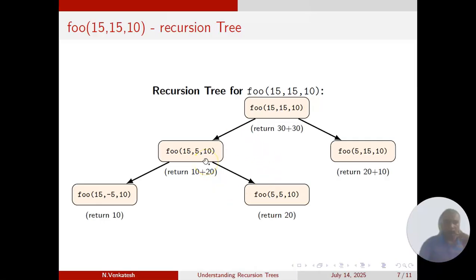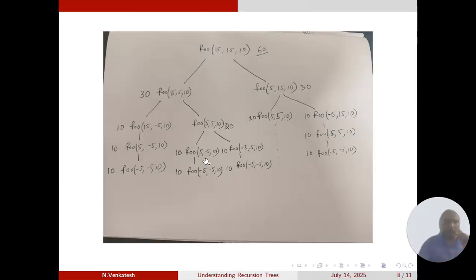When you continue this, you are going to get something like this. As y is less than or equal to 0, only x will be decremented until it becomes less than or equal to 0, and then from there it returns q. So q is 10 always, so 10 will be returned here. And for the other one, foo(5, 5, 10),